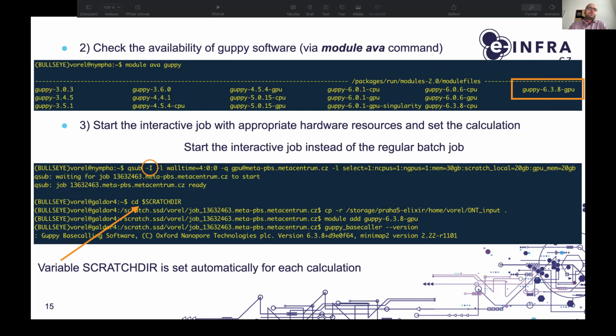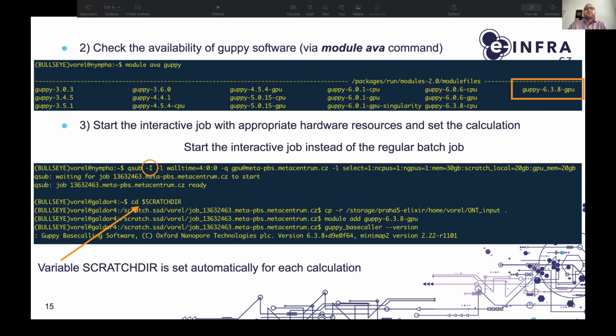So it means that I have to use a qsub command to reserve some resources. And for interactive jobs, I have to write the capital I letter. It means interactive. And I can continue with the wall time. So I know that this test job will be short, so 4 hours should be fine for me. And as I said, I know I want to use a GPU card, so I have to specify a GPU queue. Then I want just one node, so it means select one CPU, one GPU card should be okay for me. Some RAM memory,